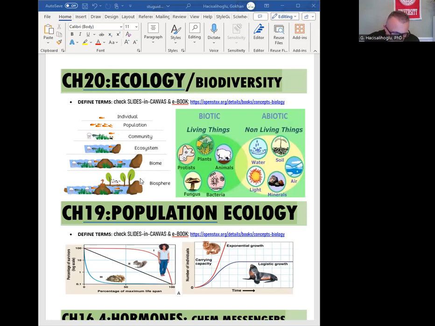there are hierarchical levels starting with species, the smallest unit, like organisms, with survival and reproduction of them, the unit of natural selection. The next level is level 2, which is population. That's the unit of evolution. This is a group of the same species. The next level is community, which is basically a group of populations of different species.